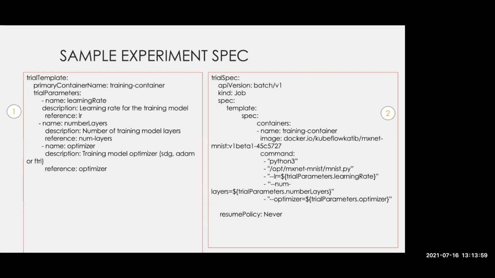So once you have defined that, you have an extra set of parameters to define your experiment. That's the first one, as I explained earlier. That is the one which is defining your final experiment objective. So here I'm saying the objective of the experiment is to maximize the objective metric name, which is validation accuracy, to reach a final goal of 99%.